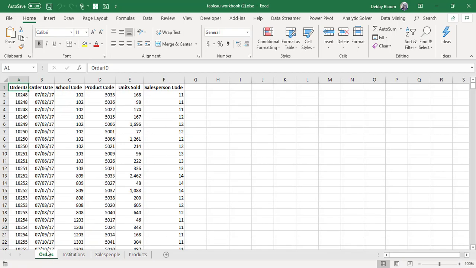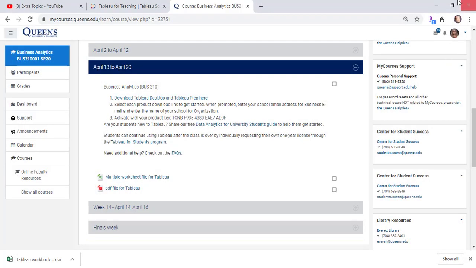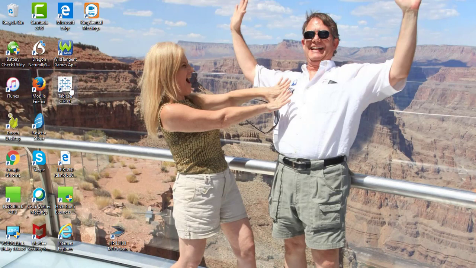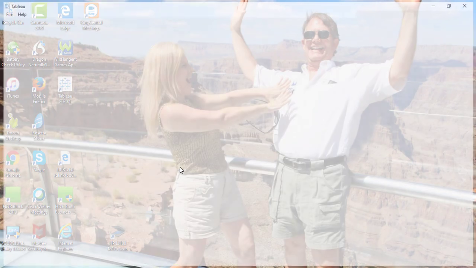Now that we understand the data, we actually don't need to have Excel open at all. All we needed to do is download this workbook. Now what we're going to do is work with Tableau. So I'm just going to close the Excel workbook. I'm going to minimize My Courses, and now that I've installed Tableau, we can see the shortcut for Tableau Desktop on my desktop. So I'm just going to open up Tableau Desktop,